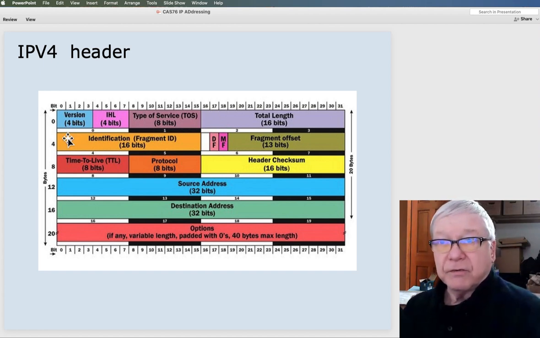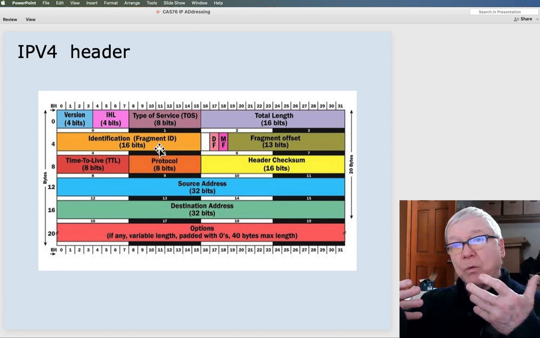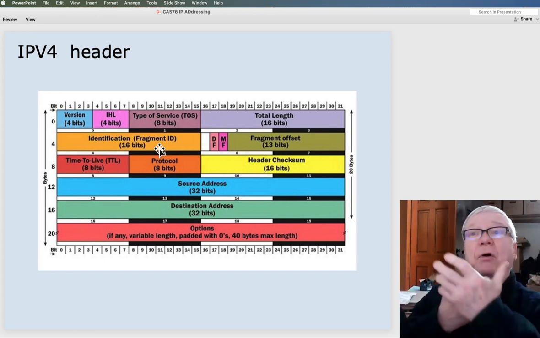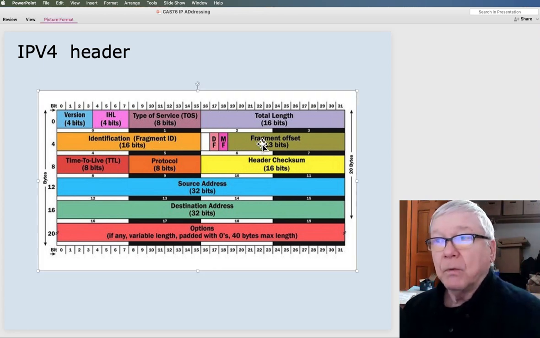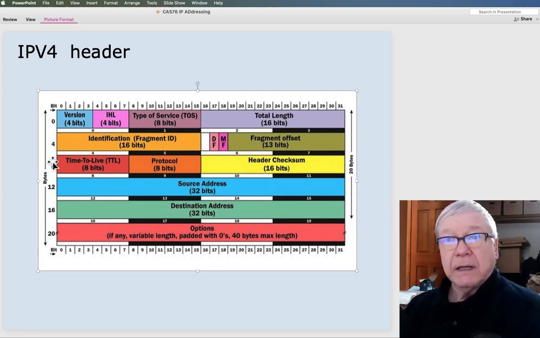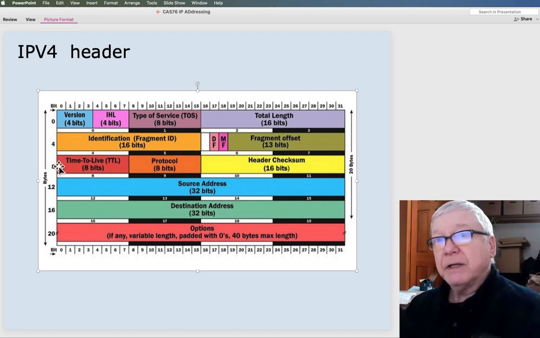Then is this a fragment? In other words, sometimes the data stream gets split up and then we have fragments and we have to know where this fragment's going to fit. What's the offset going to be where we start this new information to put it together? What's the fragment offset? What's the time to live? At this location in the data stream, these 8 bits tell us what's the time to live.